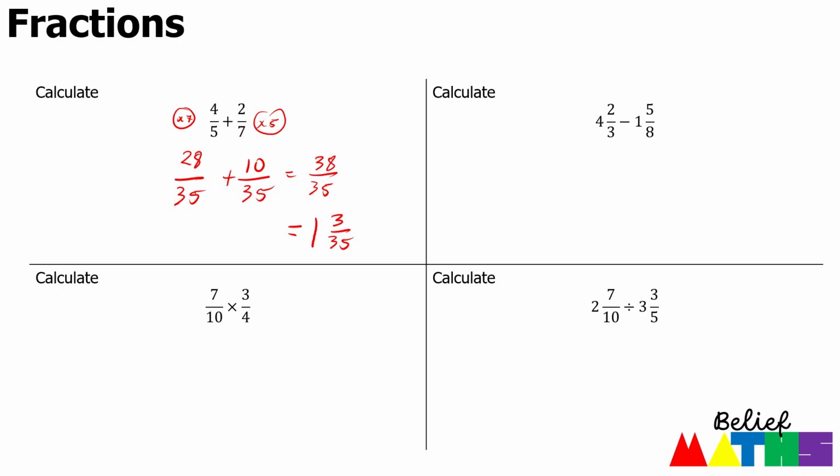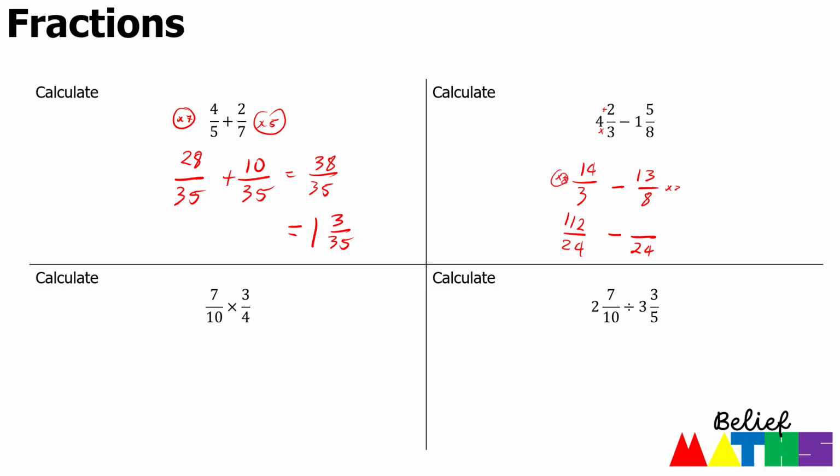Now when you're subtracting mixed numbers, you can do this without converting them. I just prefer that any time I have a mixed number, I convert it to an improper fraction. So if I convert these, remember doing 4 times 3 plus 2, that gives me 14 over 3 minus 13 over 8. Again, our common denominator in this case is going to be 24, because that's the lowest common multiple of 3 and 8. Which then gives us 112, because we've multiplied this one by 8 and we've multiplied this